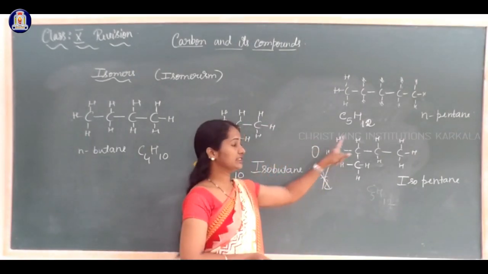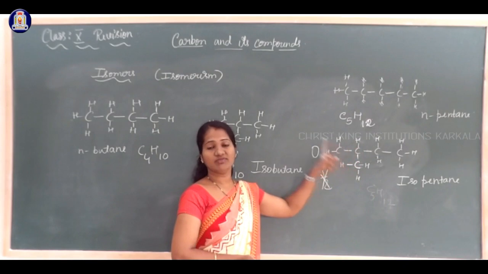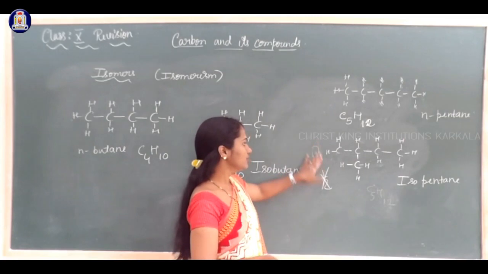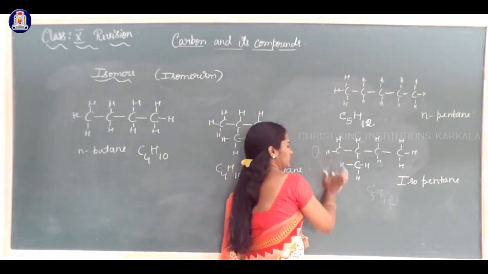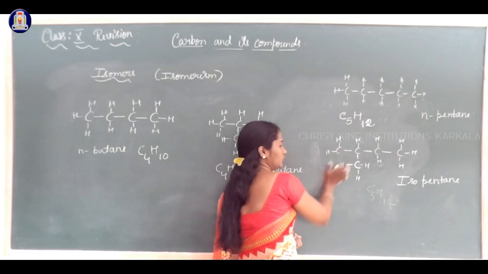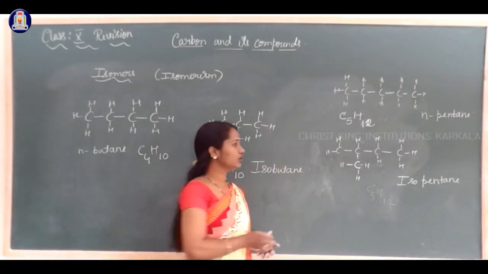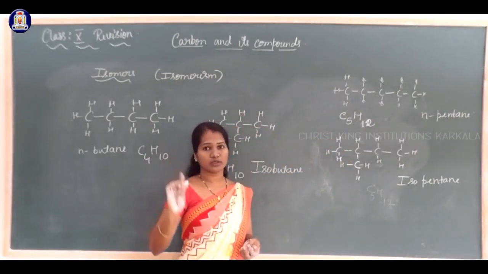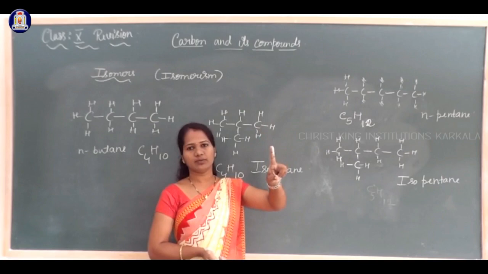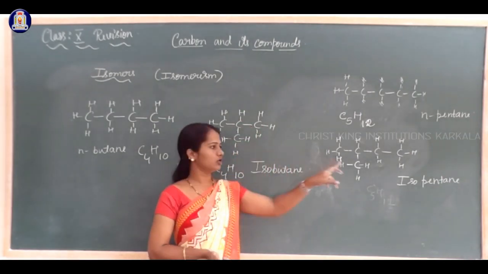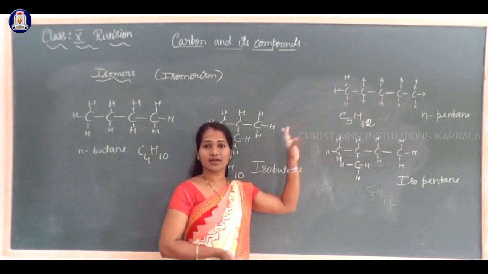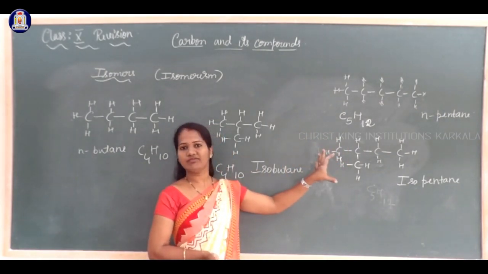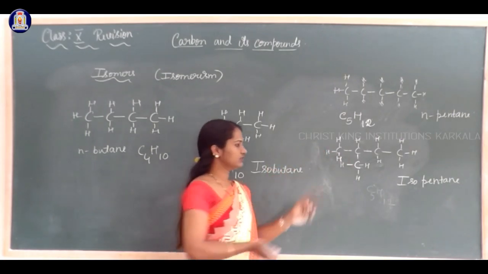Even if you miss a single hydrogen in a chain, you won't get any mark, you will get 0 mark. So you should be careful while writing the hydrogen. You have to count each bond. Around each carbon atom, there should be 4 covalent bonds. These lines represent bonds. There should be 4 bonds. So you should be very careful while writing the structure.